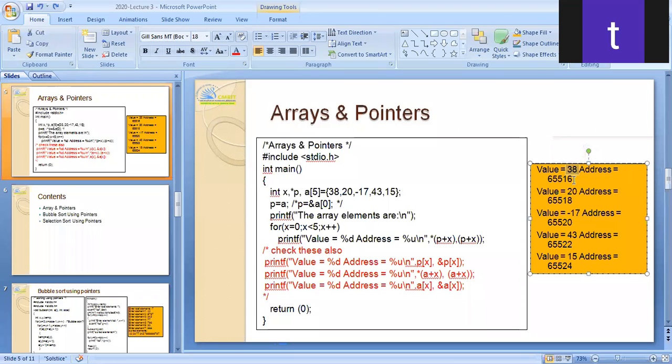So for now the address is 16 and the value is 38, and this 38 is of integer data type. So an integer will go with 2 bytes. At that time 16 plus 2 will go to 18. Again 18 is of integer data type, so it will again take 2 bytes. So from 18 you go to 20. Similarly for the others, there will be a 2-byte increase. So that is arrays and pointers. Understood? Similarly you can try all these things.